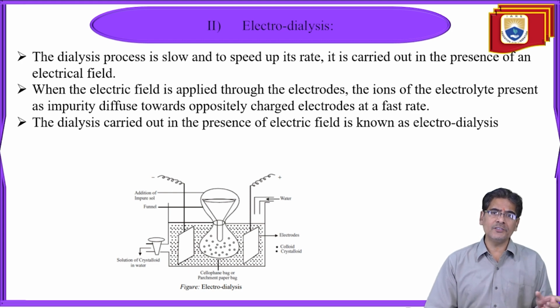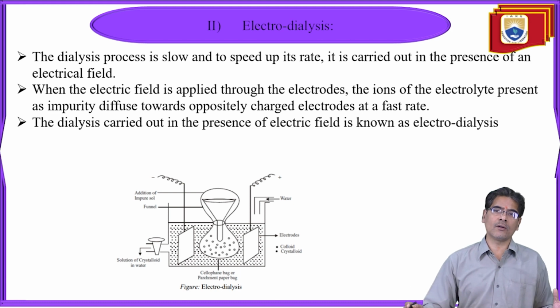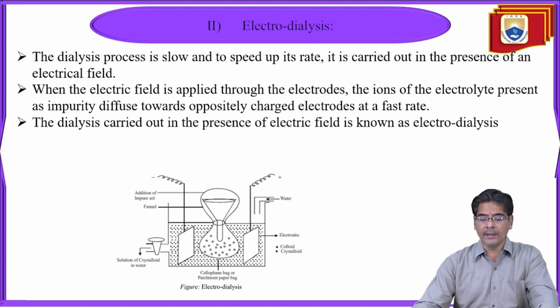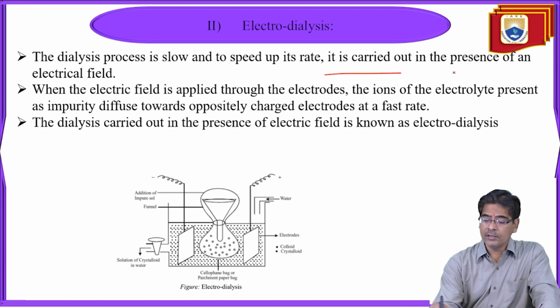At a faster rate, because the dialysis is carried out in the presence of... In this way, the purification of colloids can be obtained. So that's what we are telling: the dialysis process is slow and needs to speed up its rate. The dialysis process is slow, and to speed up its rate, it is carried out in the presence of an